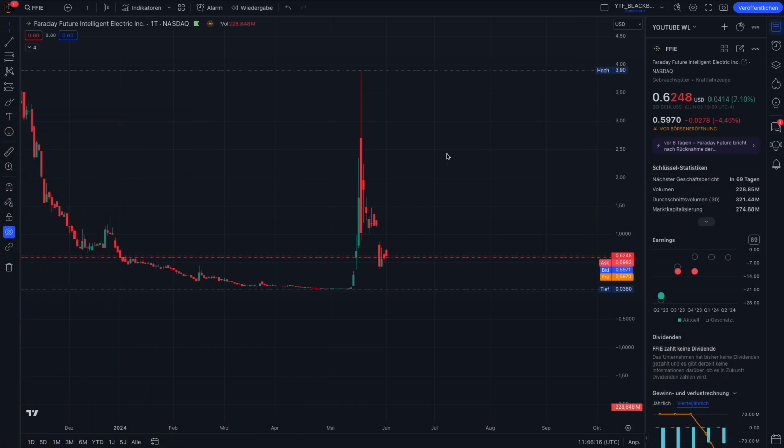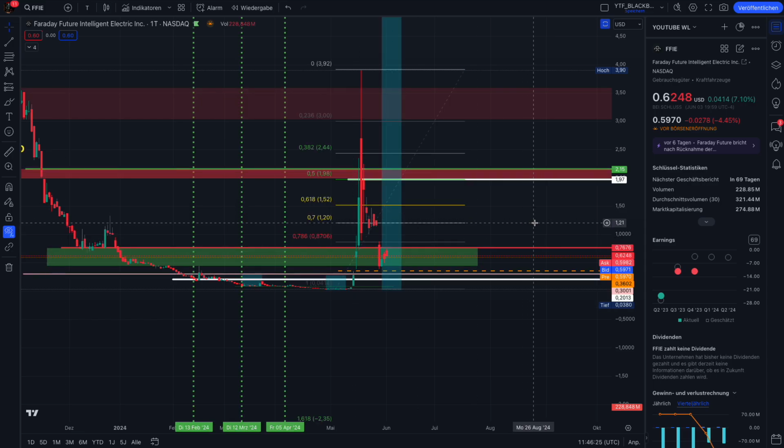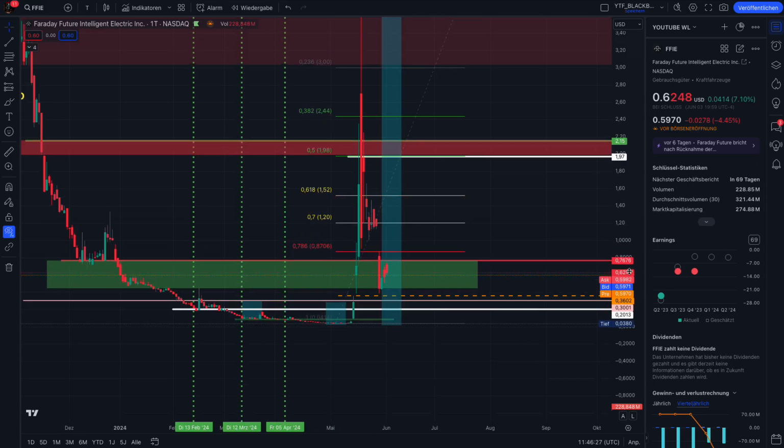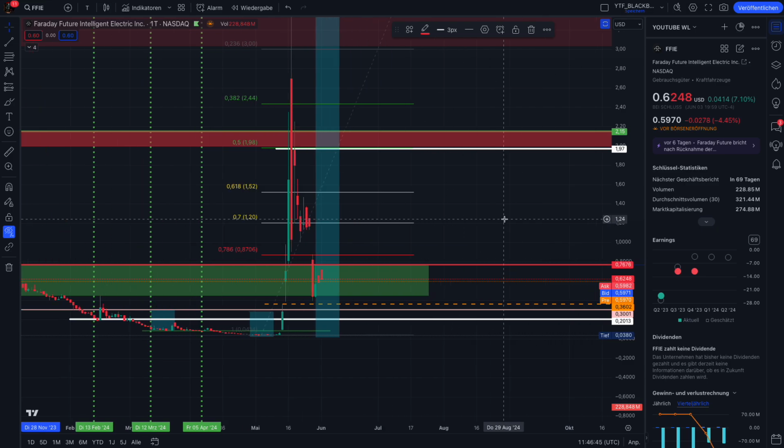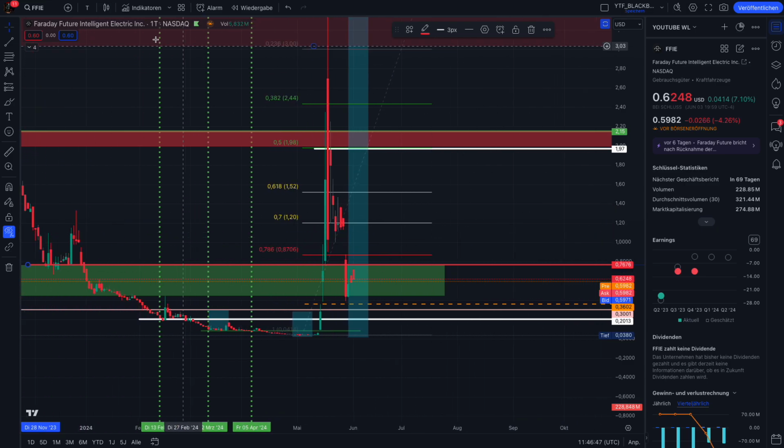Yeah, Faraday Future guys. So where to start, good or the bad news? The bad news is, so when I enable now here the drawings, then you can see, yeah, nothing changed. My charts are always the same. Yeah, I predicted here already 3 squeezes for Faraday Future in the past before we had this massive 10,000% squeeze. And still guys, yeah, nothing changed. The main resistance level here, one of the main resistance levels in the chart, is this red line here, 76 cents. And what we cannot see in the daily chart, but what we can see in the 4 hours chart,